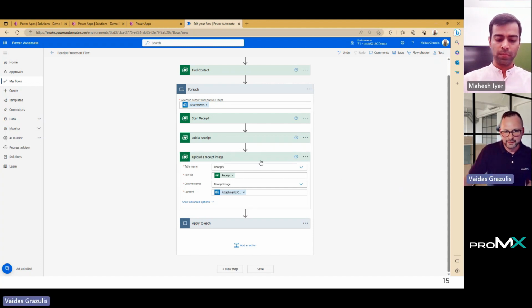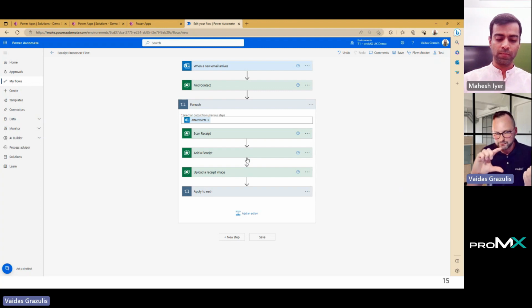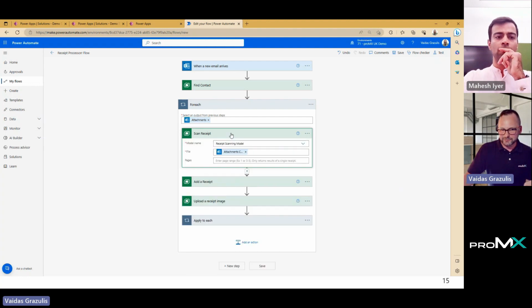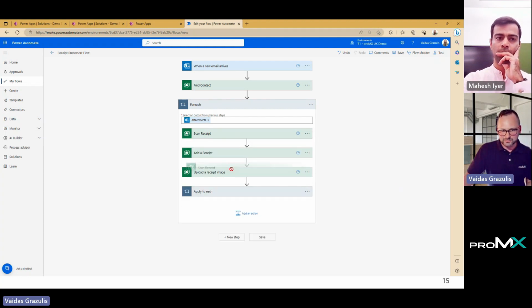Yeah, happy. So now we can work in our flow, which is the best order of the flow. Maybe we want to add receive first. Maybe we want to flow the image afterwards. Maybe the scanning can come after that. Once again, we can drag and drop these elements as we see fit.